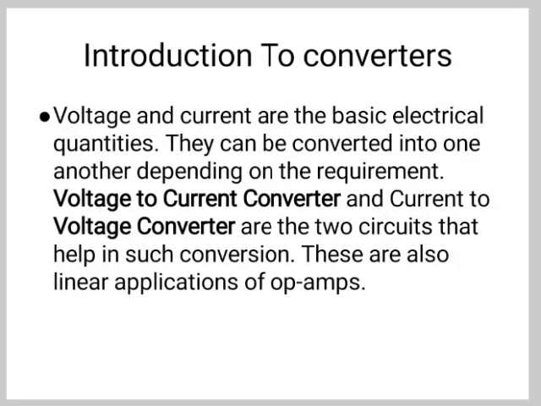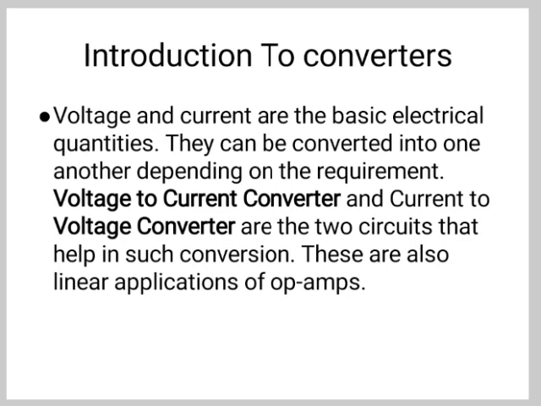So if we want to connect the output of an analog circuit as an input of a digital circuit, then we have to place an interfacing circuit between them. The interfacing circuit which converts analog to digital is called an ADC converter, and if we connect the output of a digital circuit as an input of an analog circuit, then we have to place an interfacing circuit between them, and it is called a digital to analog converter.